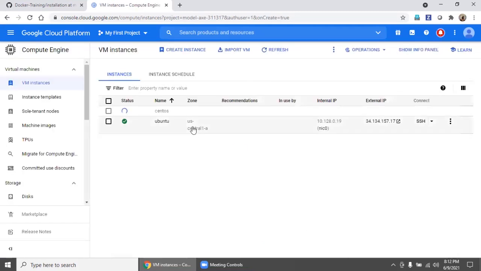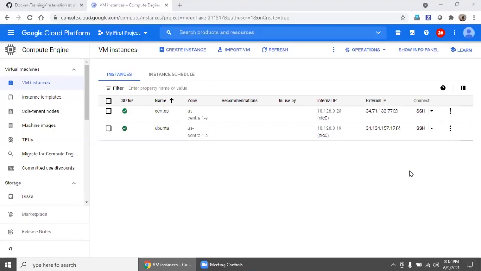So once both machines are up and running, then we are going to install one by one and make sure Docker is installed properly. Both machines are under creation. First we will go with Ubuntu.